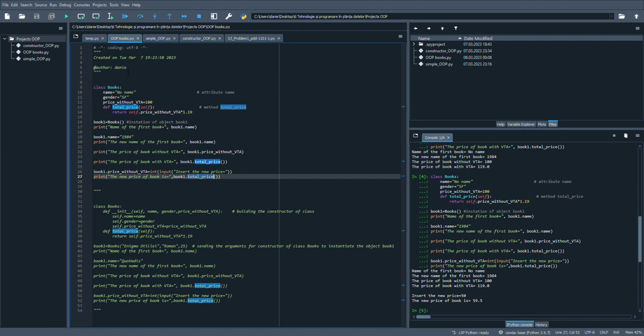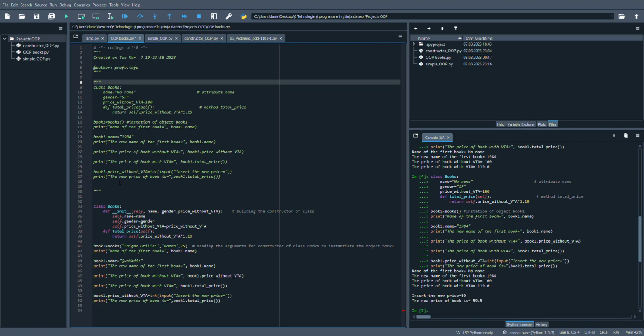This is the explanation for classes without a constructor. Okay, and below I have built my class with a constructor. Okay, let me comment the first part of the code. Here is the same